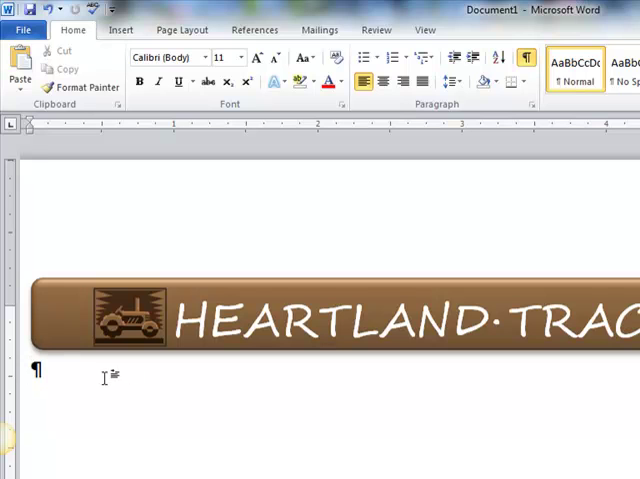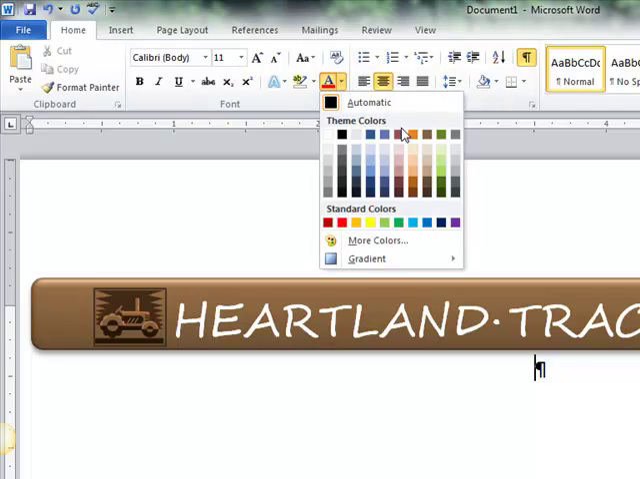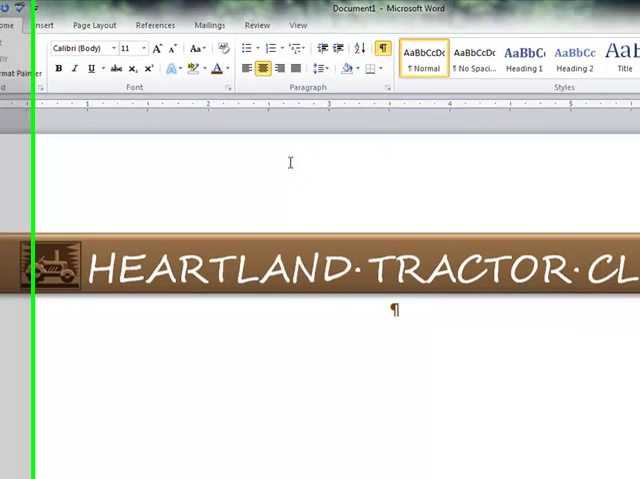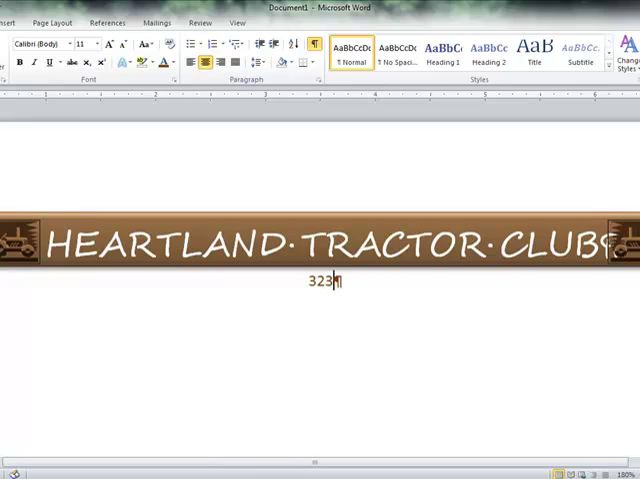Okay, now the next thing we want to do is go down to our paragraph right below our graphic. We want to click on our center button to center our text. Then we want to click the font color button and select our font color, Orange, Accent 3, Darker 50%. Okay, we want to type our address, 323